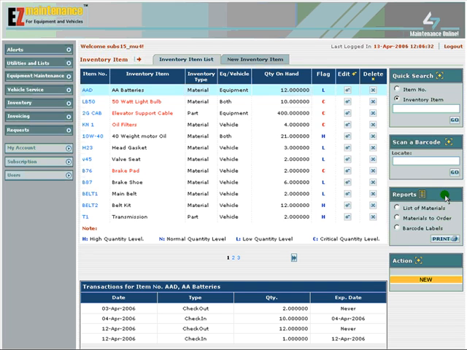You can also print out some reports at this screen. Right below the search boxes we just discussed, you'll see a box called Reports that lists 3 reports you can print: a complete list of materials, a list of materials to order, and a printout of barcodes of items you have in your inventory. To input a new inventory item into the application, first click on the yellow New button